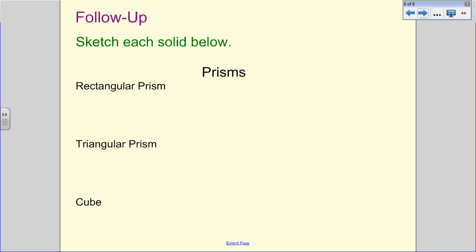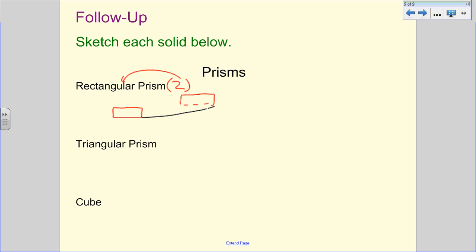We want to sketch each of the following below. We want to sketch rectangular prisms, triangular prisms, and a cube. Well, this means I have two rectangles. So I'm going to draw a rectangle. I'm going to draw a rectangle. I'm going to be able to see this. Now if I go back, I'm not going to be able to see all of